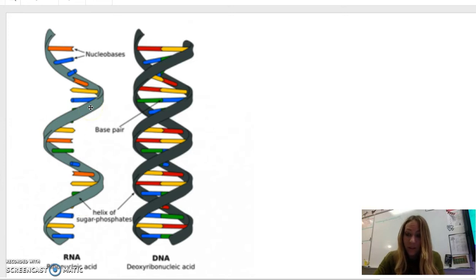It's leaving the nucleus, and so it doesn't need to be extra safe. As soon as it's turned its information into something else, then it's going to go ahead and be destroyed. But you might notice that we've got the color yellow, which is represented on there as well, and the color blue, which is represented on there as well, and we have green, but we do have something different